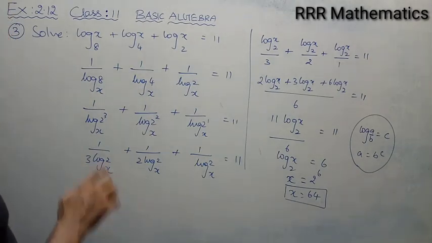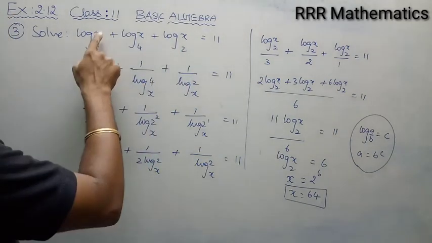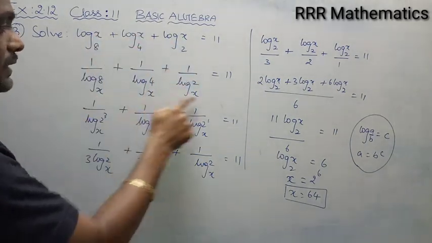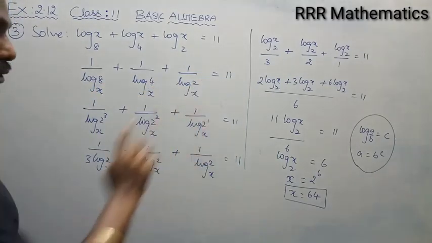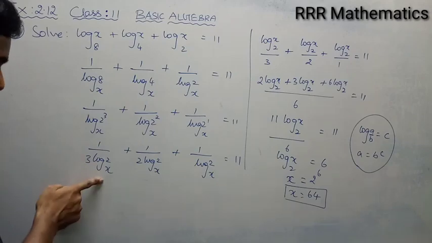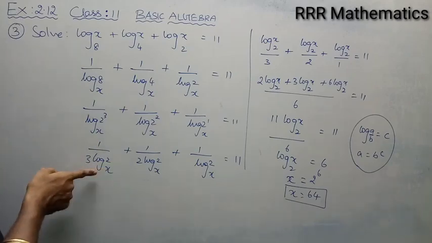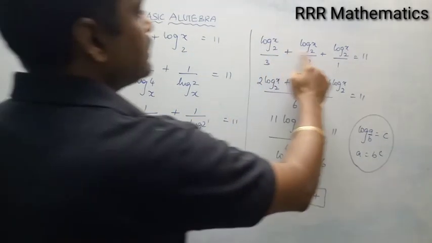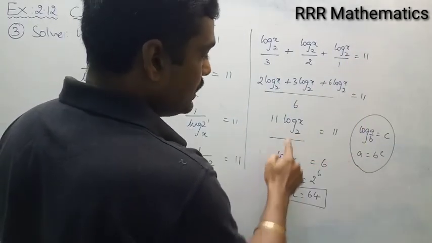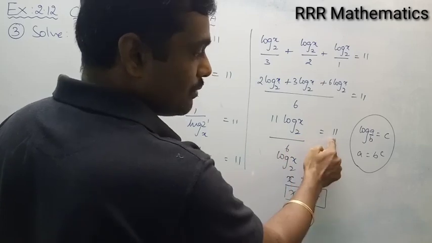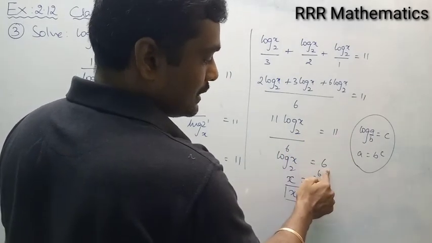Very simple. You want to make the base the same. So when I interchange, I get the base as x. I will factorize. This will be 2 cube, this will be 2 square, this will be 2 power n using power rule. Again I am taking reverse, I mean taking to the numerator, the base will be the same. And I am taking LCM, simplify, 11, 11 get cancelled. Log x base 2 by 6 equal to 1. So 6 cross multiply, 6 ones are 6.